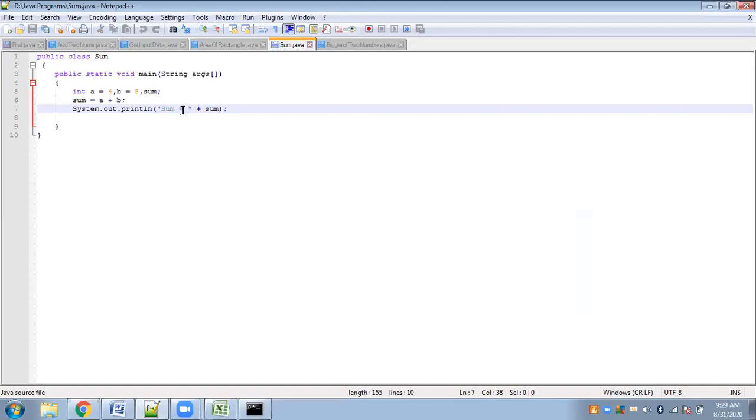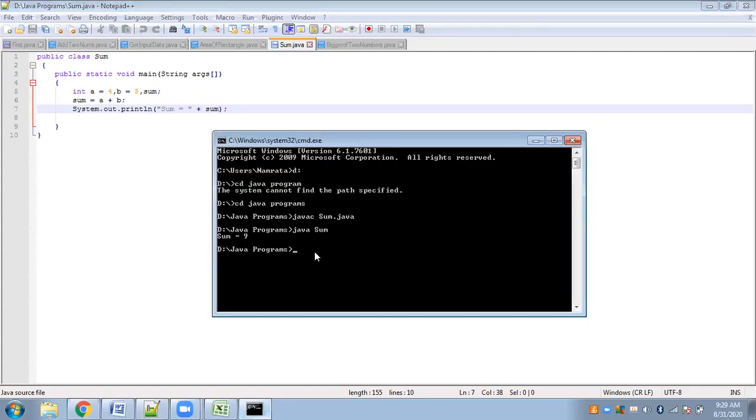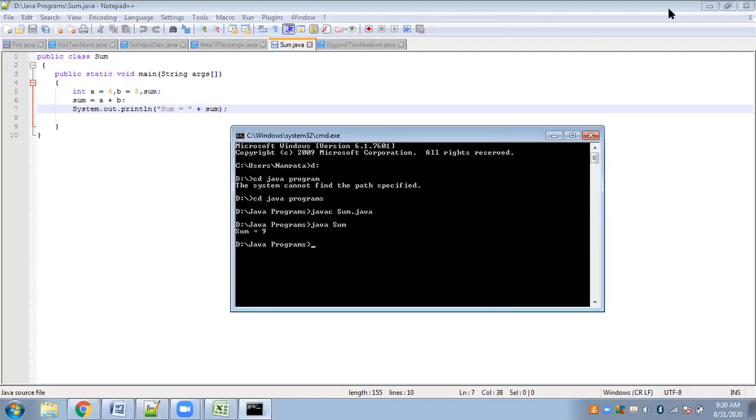We are joining "sum equal to" with the value of the sum that we have obtained, which is 9, so that these two parts can be combined and displayed as a single statement. So that is the meaning. Is that fine? Before proceeding to the next program, I would just like to show you one